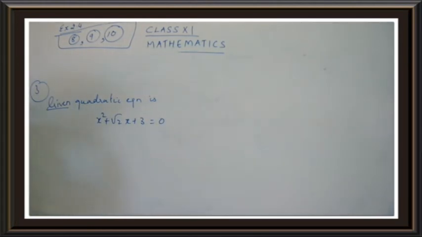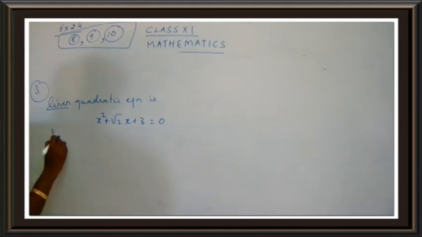Clear? Okay, now they have given you two new roots. They are asking you to form a quadratic polynomial with two new zeros. That is, you have to form the polynomial with 1 upon alpha and 1 upon beta as the zeros. But before that, we always find out the sum of roots and the product of roots. You know the formula for it. I hope you remember that.